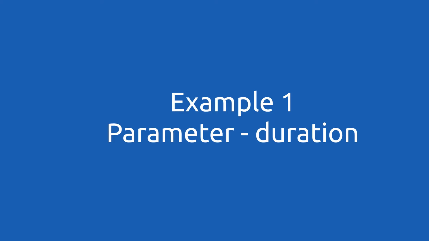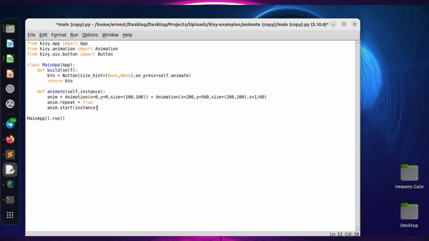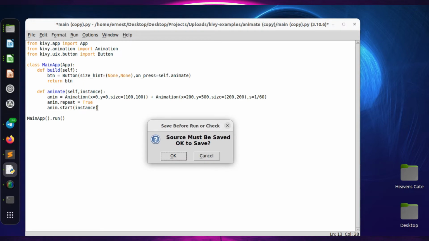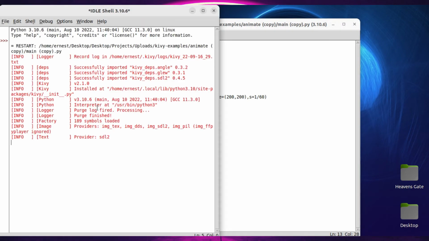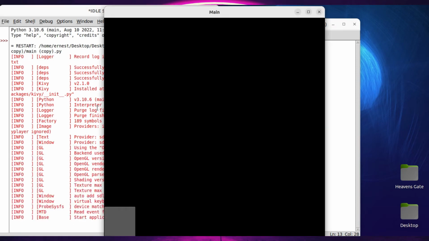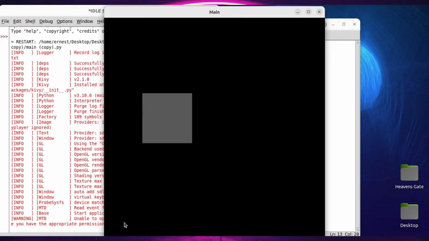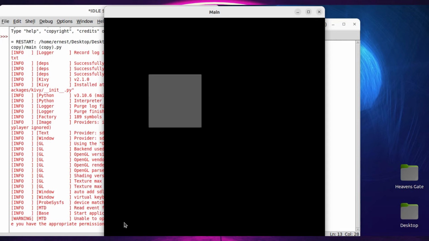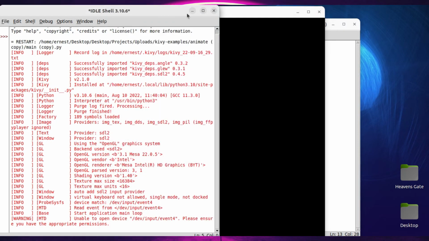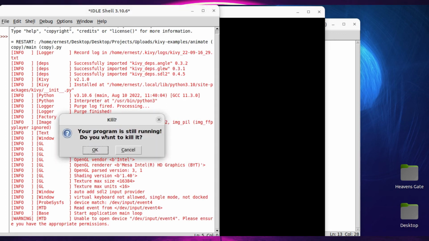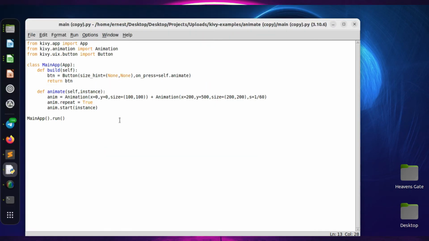All right, so let's take a look. What do we have? So we have a button which we are animating, right? So we are changing its position and its size. That's what we're doing to this button. And we are repeating this animation. So once we start this animation, it continues on and on and on. All right, so suppose we want to add another animation in between,